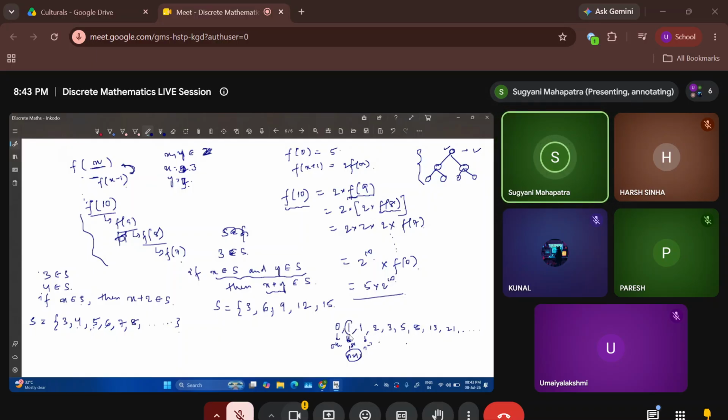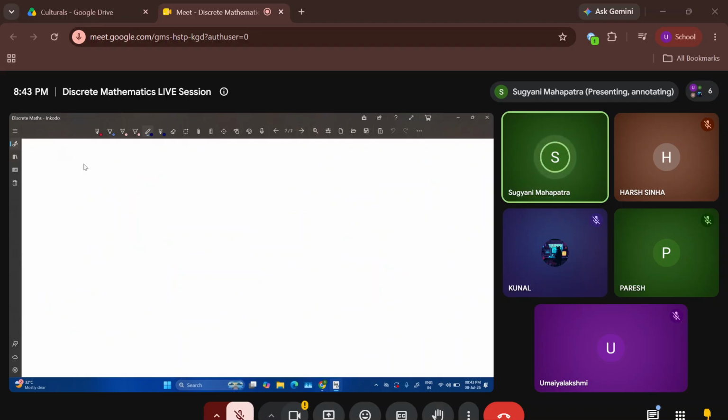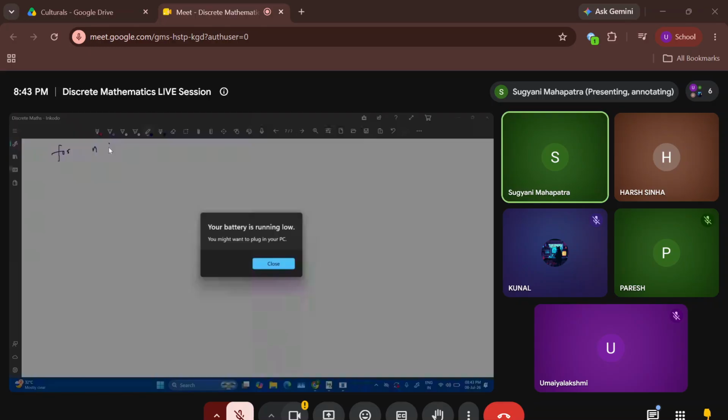Let's not take the zeroth, let's begin with 1. So this is our first Fibonacci number, this is our second Fibonacci number. So n is equal to 1 for this case, n is equal to 2 for this case. So f1 is equal to 1, f2 is equal to 1, f3 is equal to 2, the fourth Fibonacci number is 3, the fifth Fibonacci number is 5, and so on. So this is how the notation is. What that proof is saying is for n greater than 3,